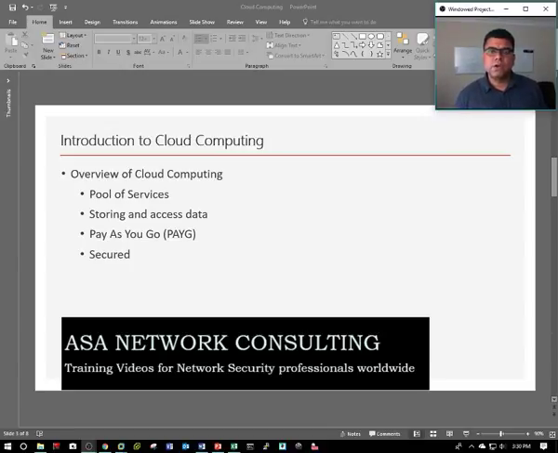the services being offered. So if you're availing the services from the cloud and only running applications for a certain point of time, and then you're decommissioning the server, you only need to pay as you go, and you only need to pay for the usage of the services. The other thing is that it's secured.